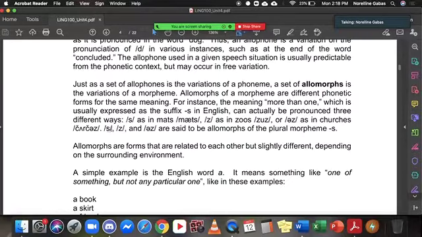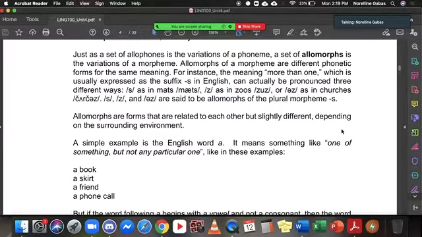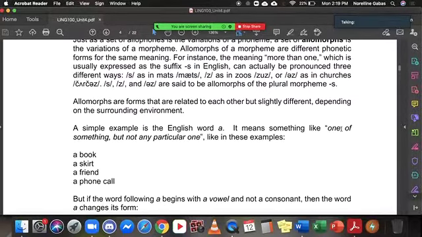So, S, Z, and EZ are said to be allomorphs of the plural morpheme dash S. Same with the D and the ED sa dulo, pag pronouns, pag past tense. Okay? So, allomorphs are forms that are related to each other but slightly different depending on the